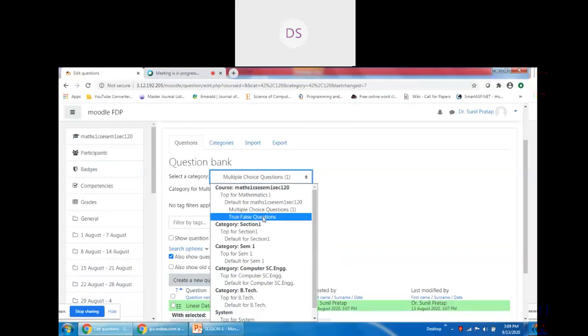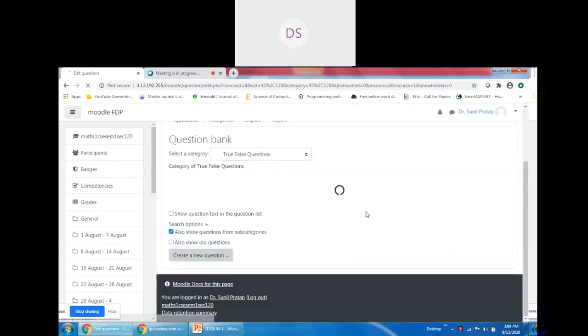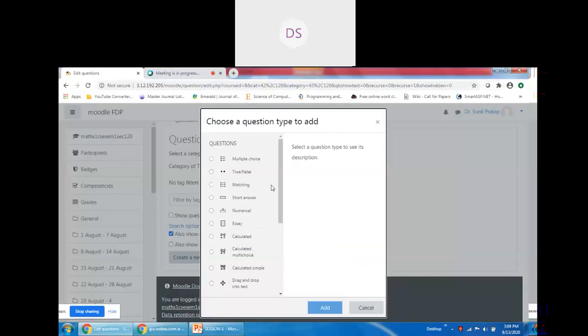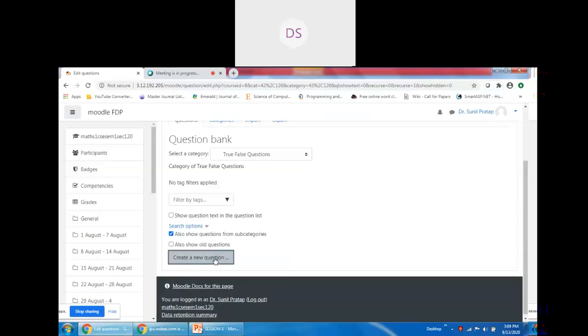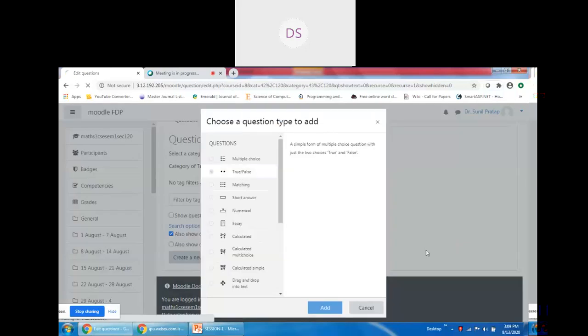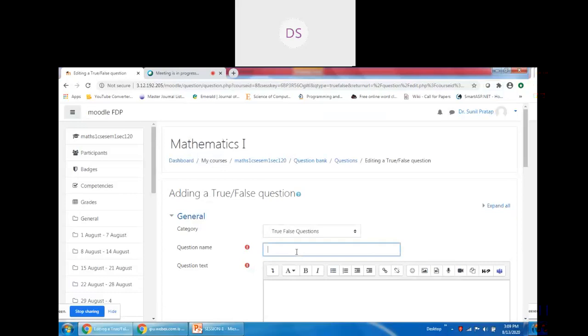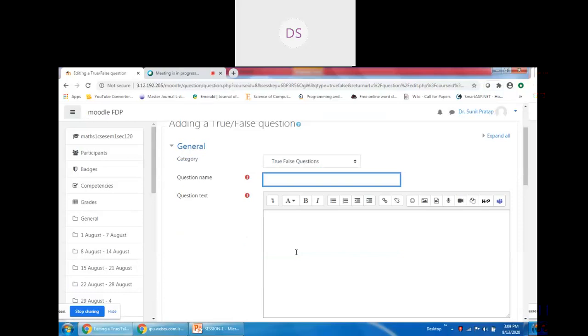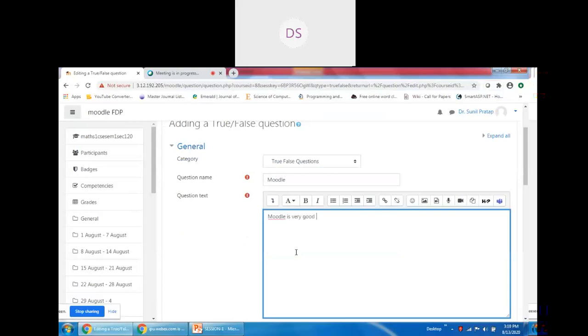Now let's see how to create a question in the true false category. So I move to the true false category. True false. Add. Question name: Moodle. The question is, Moodle is a very good LMS.